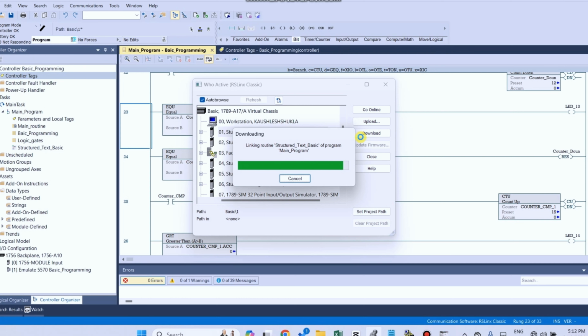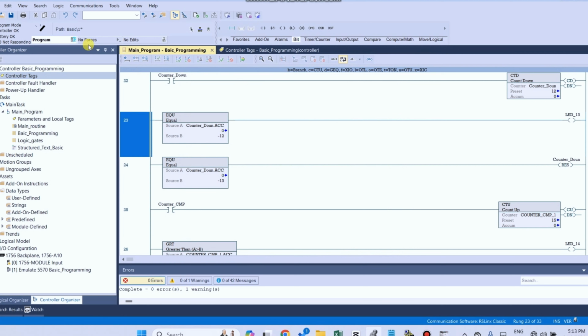The program is downloading, linking routine structure test basic program main program. Finalizing download. If you face this type of error, simply compile again, select the communication path and download your program.